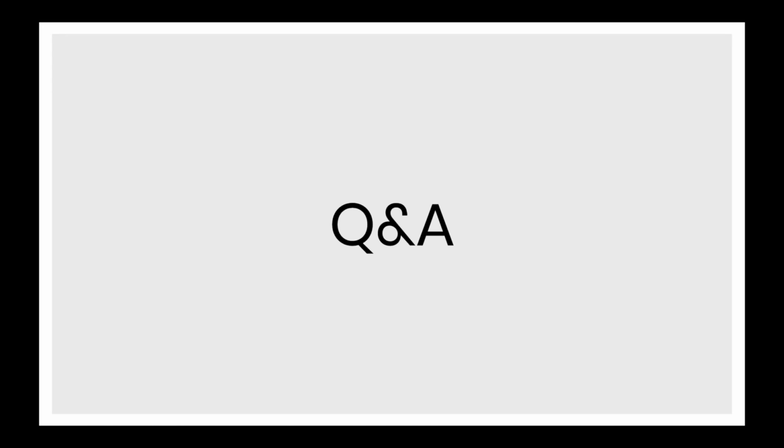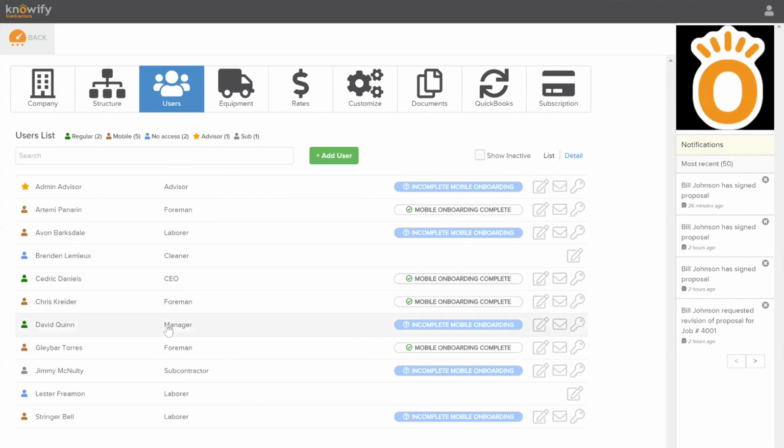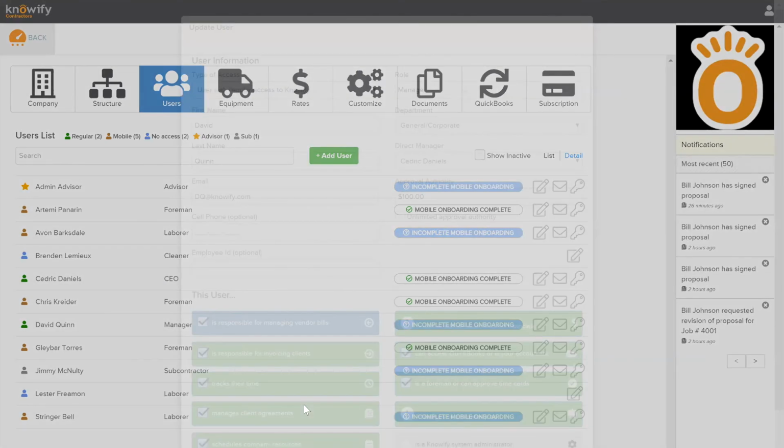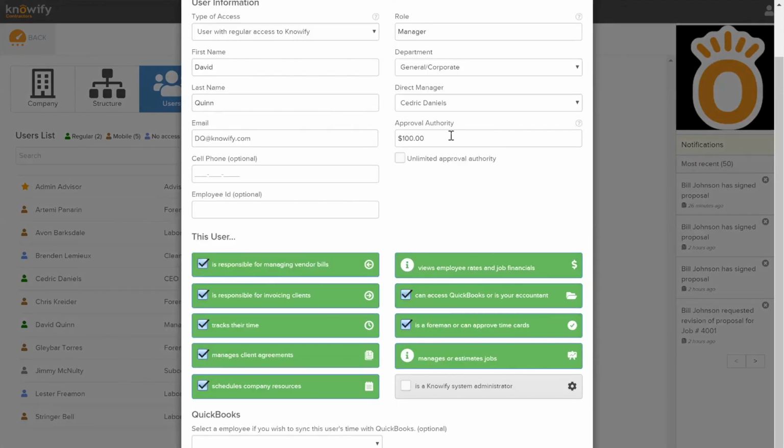Yeah, absolutely. So one of our features that we offer to the enterprise accounts is advanced permissioning. And what this will do is let you set additional permissions beyond what you can for each individual user. For example, whenever we set up a new user here, we can turn on what they are and are not able to see and control their approval amounts here,